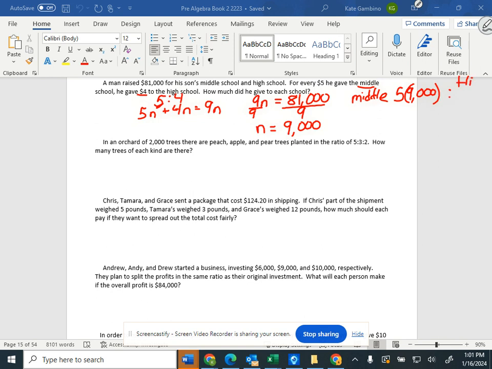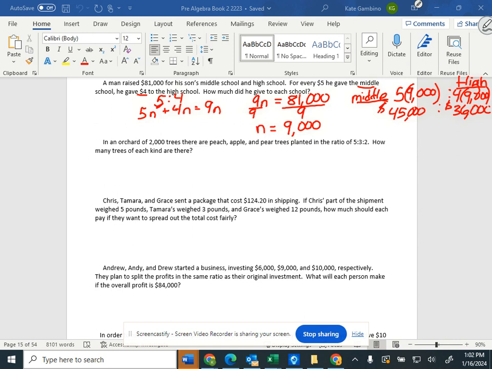And the high school, and I'm going to label it so I'm clear which one is middle and which one is high school. 4 times 9,000. So my middle school got $45,000. And the high school gets $36,000. Making sure that you are labeling your middle and your high school so it is clear how much each